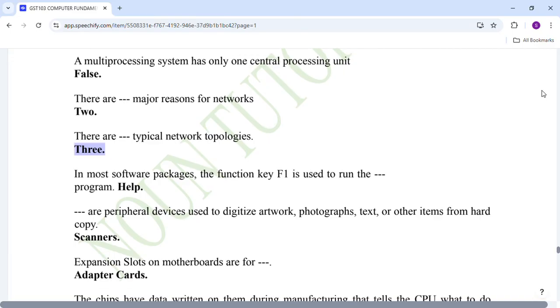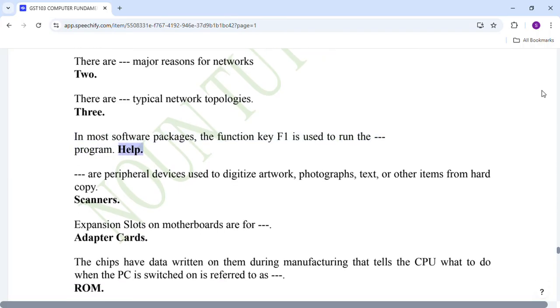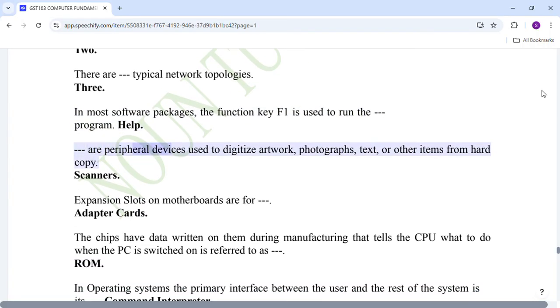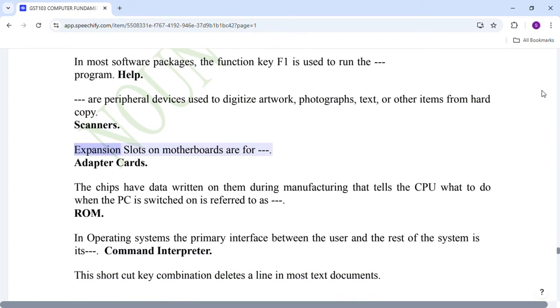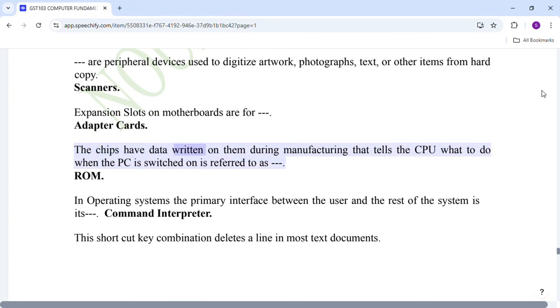3. In most software packages, the function key F1 is used to run the program. Help. Scanners are peripheral devices used to digitize artwork, photographs, text, or other items from hard copy. Expansion slots on motherboards are for adapter cards. The chips have data written on them during manufacturing that tells the CPU what to do when the PC is switched on, is referred to as